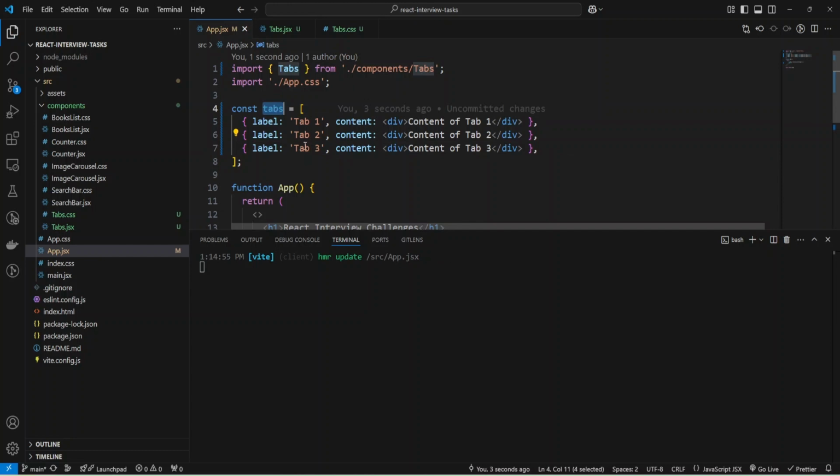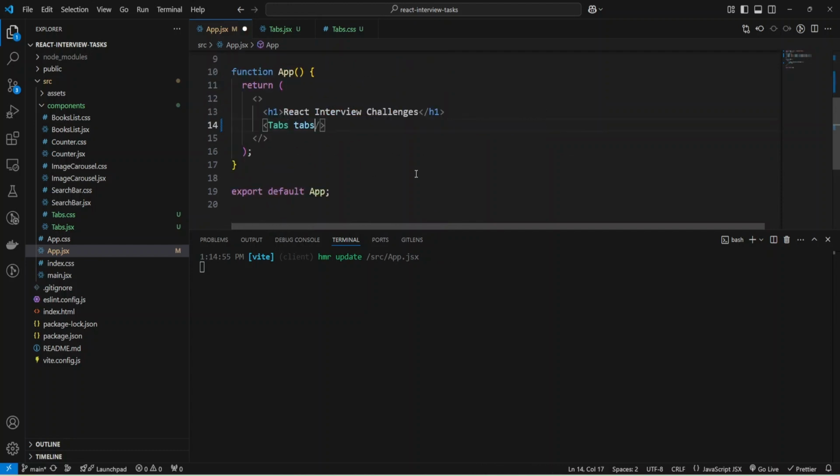And now we can pass our tabs to the component using props.